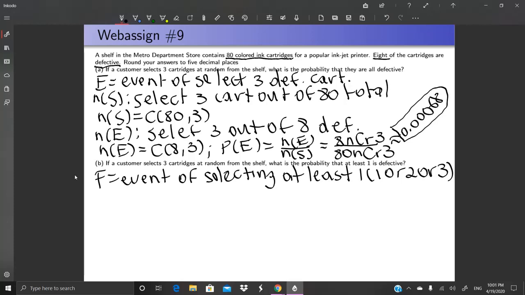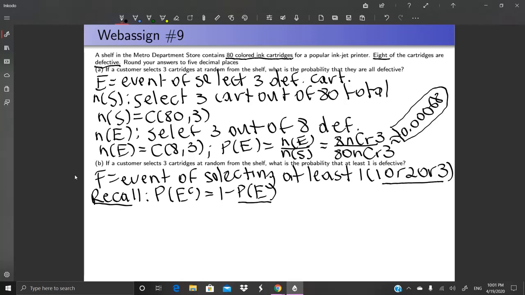Or is it easier to do 1 minus the complement of that? And the way I'm asking the question, hopefully, it's pretty clear that I want you to lean towards 1 minus the complement, right? So what I mean is this. If you recall, by the rules of probability, the probability of the complement of an event is equal to 1 minus the probability of that event. And I'm saying that it's easier to do it this way because now you're only subtracting one factor here, the probability of E,